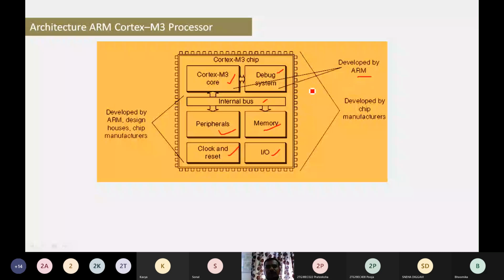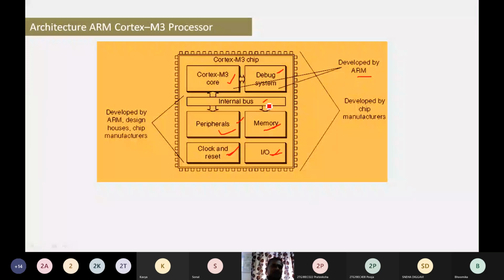This is the compact version of the Cortex M3 chip, the enhanced version of previous ARM processors. It has the Cortex M3 core, the debugging system, peripherals, memory, clock and reset, and input-output block, all connected through the internal bus architecture.